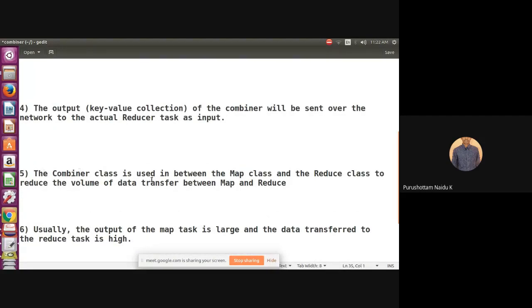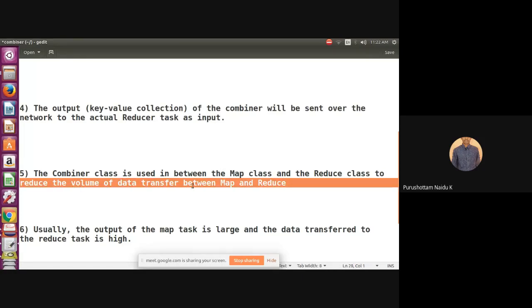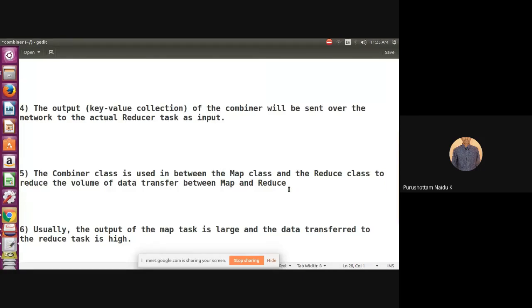The combiner class is used in between the mapper class and the reducer class to reduce the volume of data transfer between the mapper and reducer. This is one of the most important advantages of the combiner. So how is the combiner helpful in reducing this data transfer between the mapper and reducer? Let's discuss with an example.